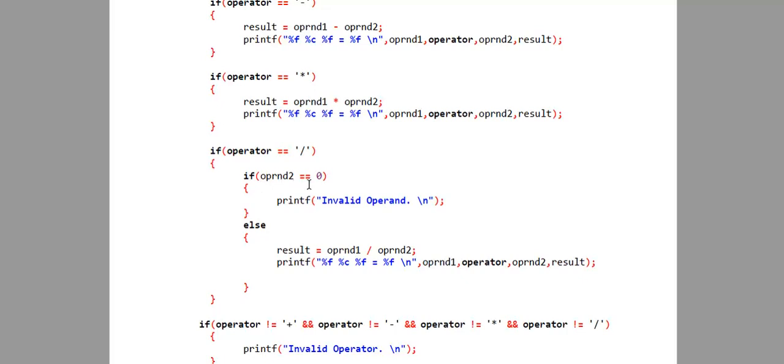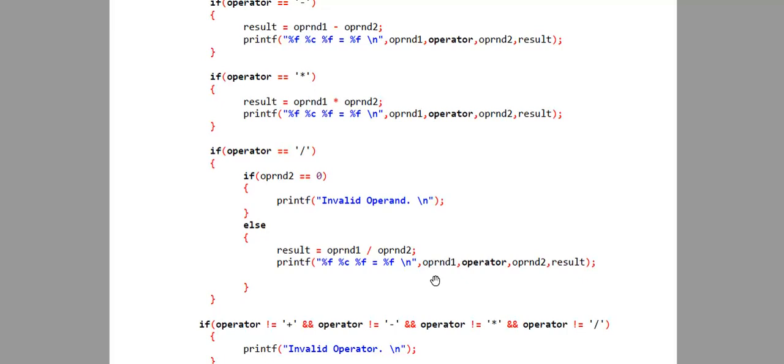If operand 2 is equal to 0, it would be divided by 0, which results in infinity, so we say it is an invalid operand. To handle that situation, we display the message invalid operand. Else if operand 2 is not equal to 0, operand 1 is divided by operand 2, the division happens here, and we print the result.